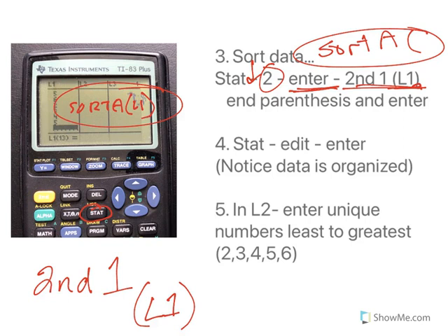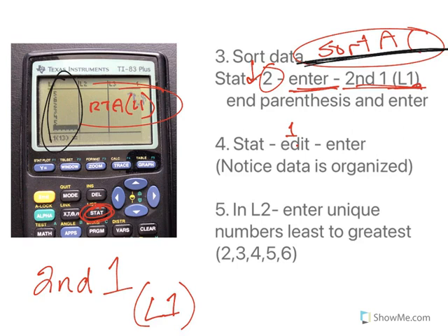Now after you hit the L1 inside your parentheses, you're going to go back to Stat and Edit, which is the first one, and hit Enter. You're going to notice that it's going to organize your data. Originally, the numbers in our L1 line here are not organized, but this sort piece organizes it